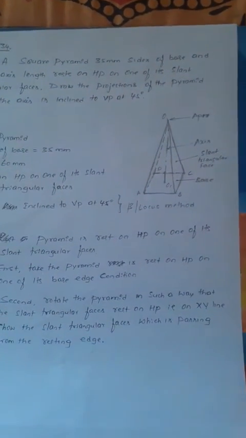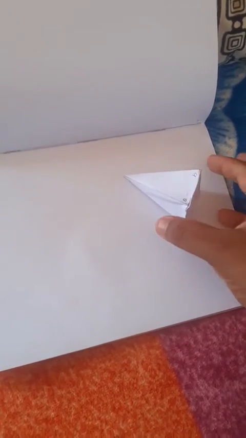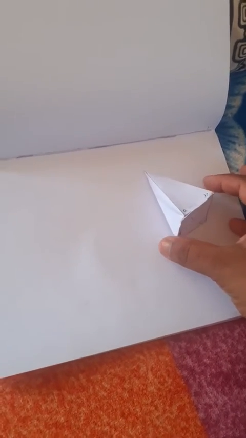What is second position? Whatever the triangular face is, it rests on HP. Now this is second position front view. Second position top view. What is third position? The axis is inclined to VP at 45 degree. This is a beta locus method, right? Now the axis is inclined. Now draw the 45 degree line. Now first on the 45 degree line measure the true length of the axis, then rotate this, then you get the beta axis. Now beta line. Now this is the third position top view and third position front view.